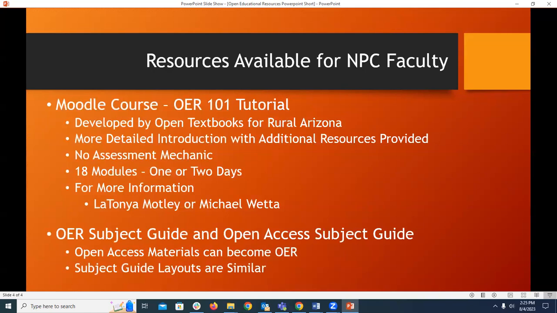Finally, we have developed a couple of subject guides covering open access resources and open educational resources. Now, the reason for developing an open access subject guide in conjunction with the open educational resources subject guide is because not only can open access materials also be used in your courses, but if their licensing allows for it, open access materials are just open educational resources waiting to become. Now, the layout for both subject guides is fairly similar, so let's just take a quick look at the OER